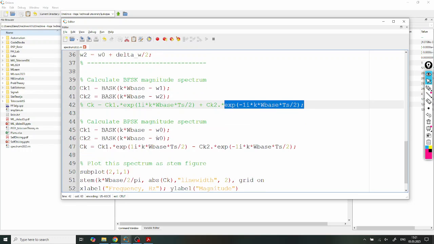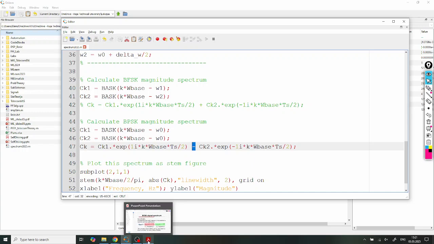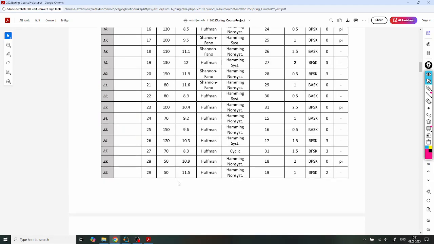For phase shift keying, you generate also two of them, but with the same frequency, essentially meaning that you could put that outside of brackets, factor out, but to be consistent and show how exactly it's similar to frequency shift keying, I decided to use the same approach. But don't forget to change the sign to minus though, because for phase shift keying, we find a difference of them. So that takes care of part A of the task where you need to calculate the magnitude spectrum